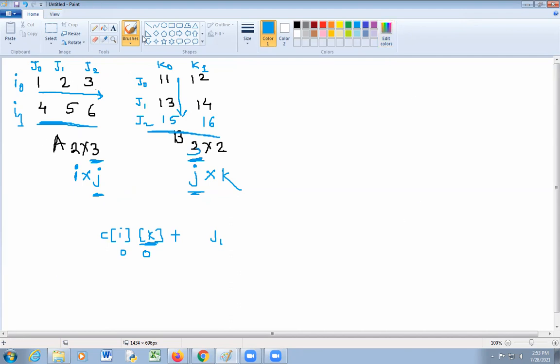Suppose I want to take the value of C of IK. Is it possible? No, it is not possible because, see here, I is present, K is absent, and here K is present but I is absent. So it is not possible to take any value. So for multiplication,